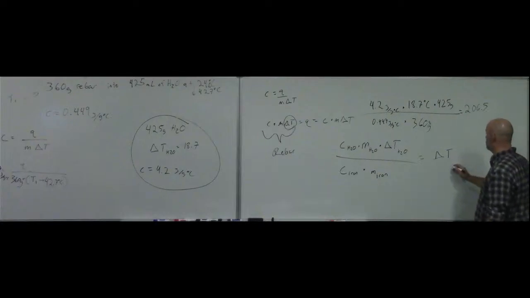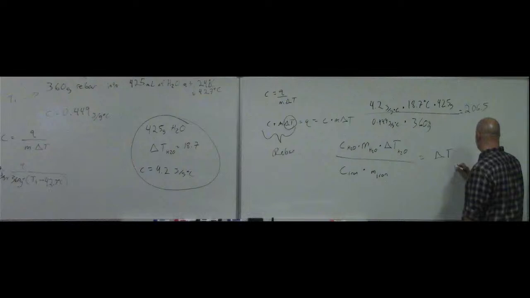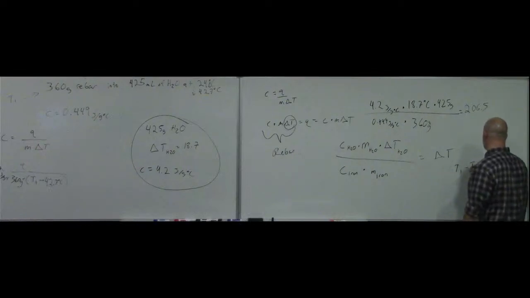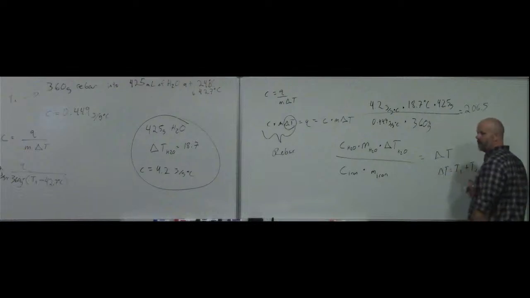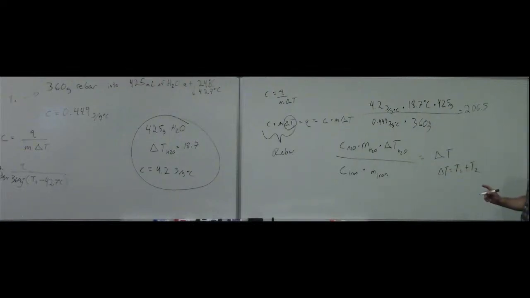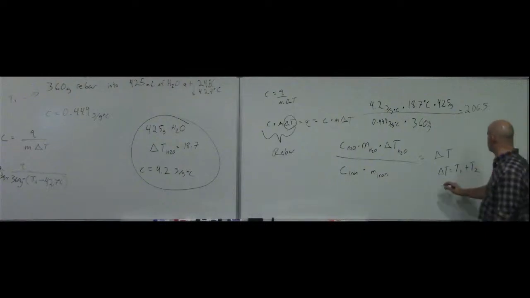Delta T equals T1 minus T2, but we know that we're going lower, right? So I've got delta T in this case equals T1 plus T2, yes? Okay, so I've got my delta T is 206.5,